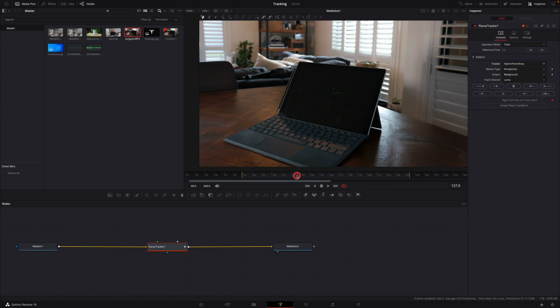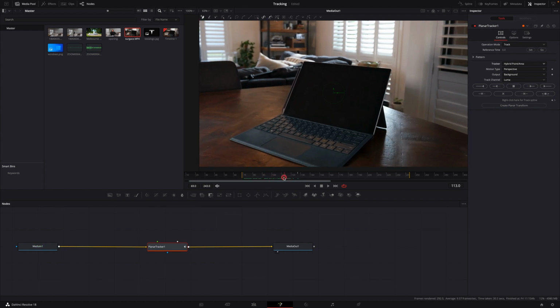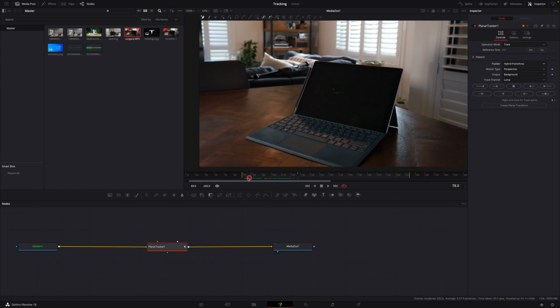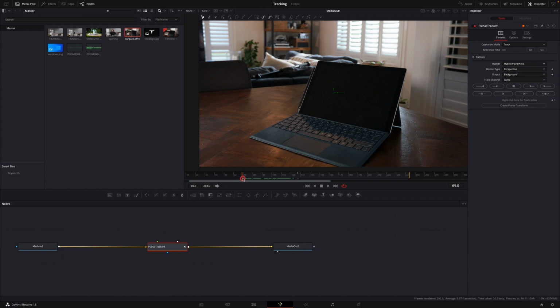Then we're going to go to the timeline below the preview window, and we're going to drag the red marker on the playhead across to the far left, which is the beginning of the in point of our clip. And then we're going to go and create our track area by clicking on the points on the footage itself